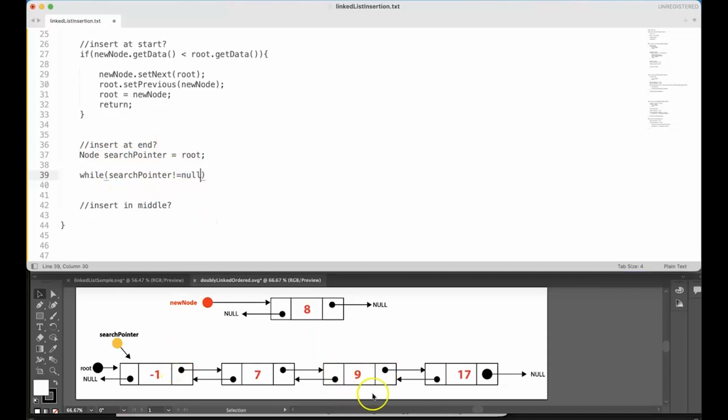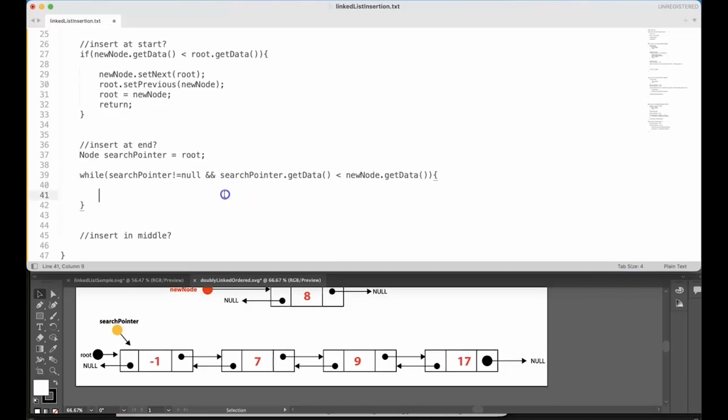Okay, let's see if we can find this node here, the node with 9 in it, because we're trying to insert 8, okay? And search pointer dot get data is less than new node dot get data, we're going to update the search pointer. Okay, and that's going to take us through the